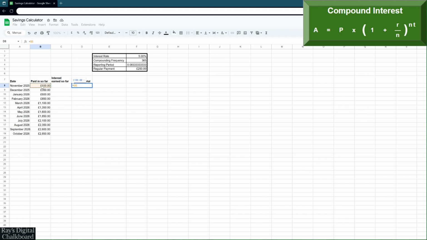So we're going to put our principal or initial amount, in this case to be what was paid in on the opening of the account. We then multiply that by 1 plus, and then if you look at the formula up in the top right, you can see we need to get R over N. So R is our interest rate, and N is our compounding frequency. So we need F2 over F3. We then need to close those brackets so we've got all of that 1 plus in the same bracket,